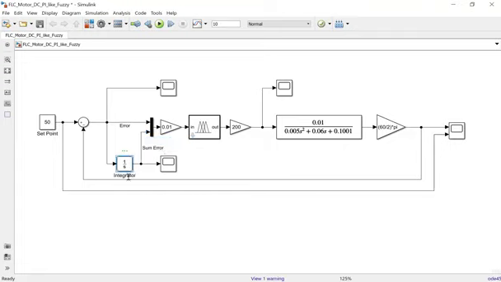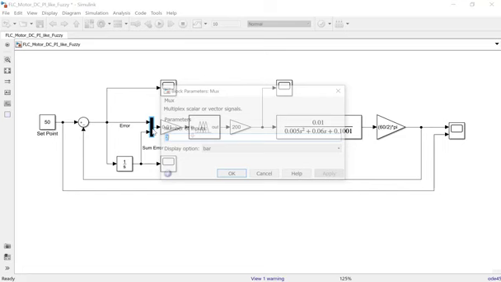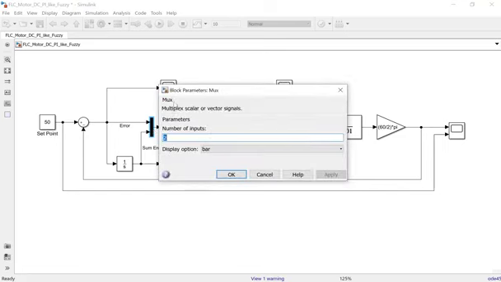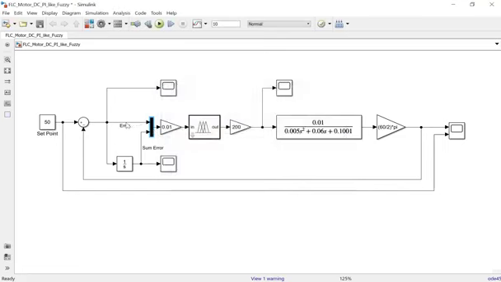So you can add this integrator here to get the sum error data. And then you need to add this mux to make the two inputs into one input for the fuzzy logic controller. And then you need to add the gain before and after the fuzzy logic controller to scale the system. And then this is the scope.